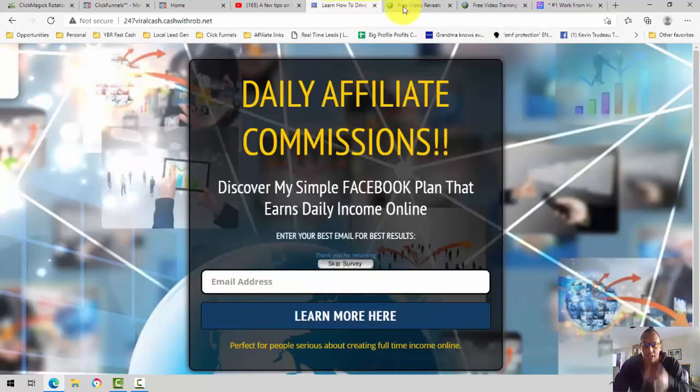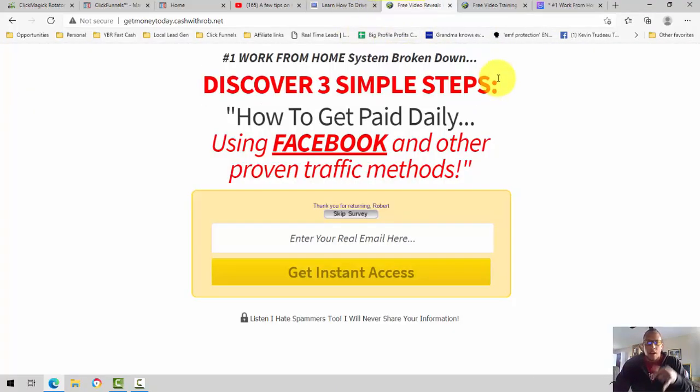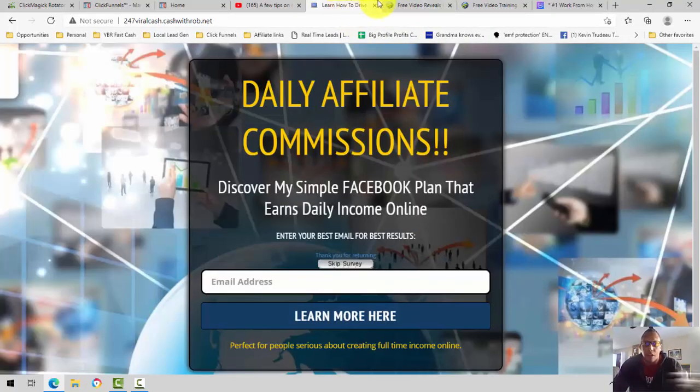Bird, I'm almost done. So we have these two capture pages I gave you the stats for, and so we have these two capture pages that I tested as well. So of these two, can you guess which one did better? I personally thought this one would do better. But this page right here,